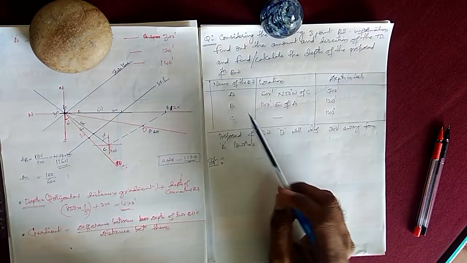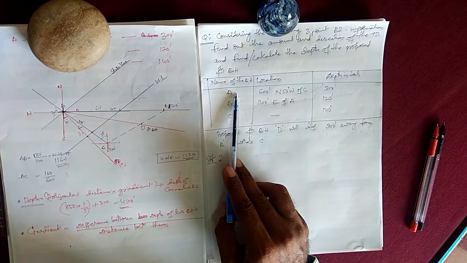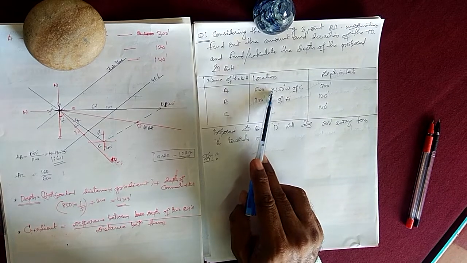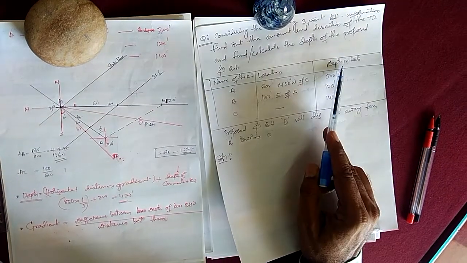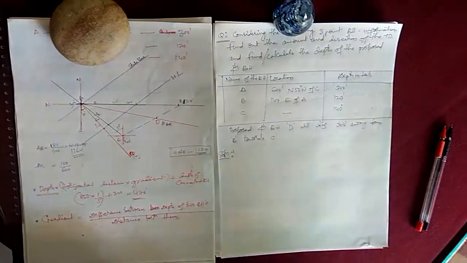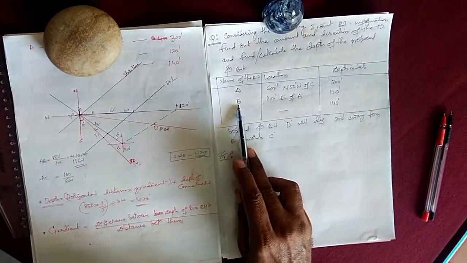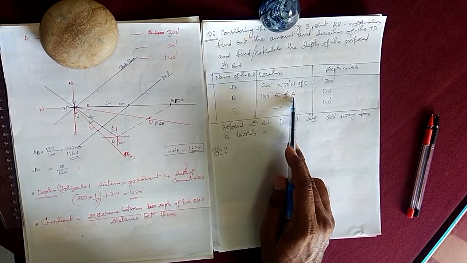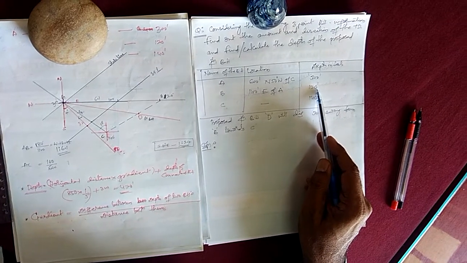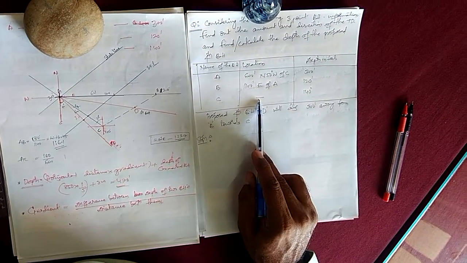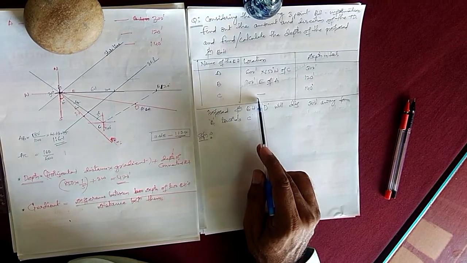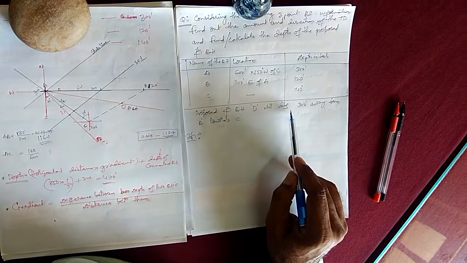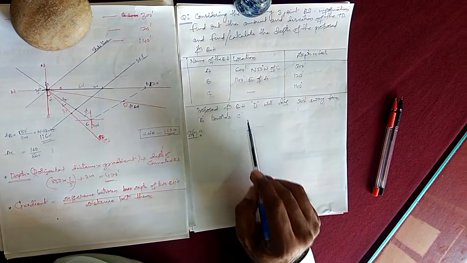Given data is like this. Borehole A: location is 600 feet due north 50 degrees west of C, depth is 300 feet. Borehole B is 1100 feet due east of A, depth is 120 feet. Here C's location is not given, it means I have to start from C. Depth is 140. And the proposed fourth borehole D will be dug 300 feet away from B towards C.